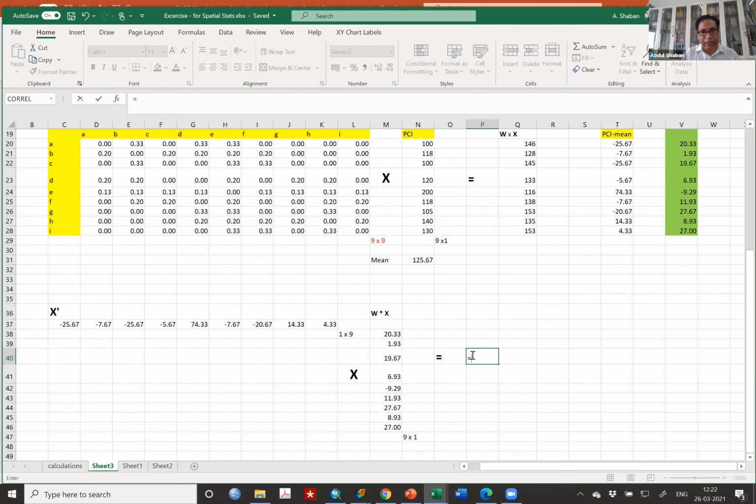The inner dimensions must be equal, then only you are able to multiply, and the outer dimensions show the output matrix. So 1 is scalar, one number, a 1 into 1 matrix.